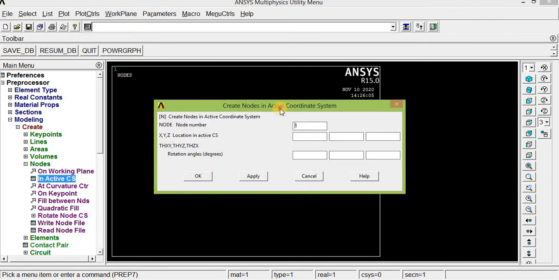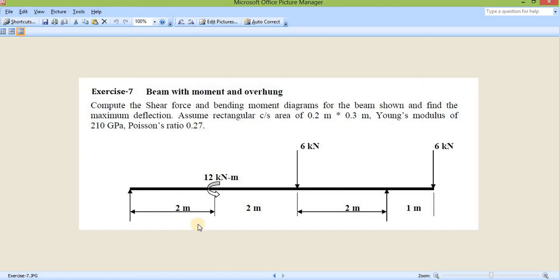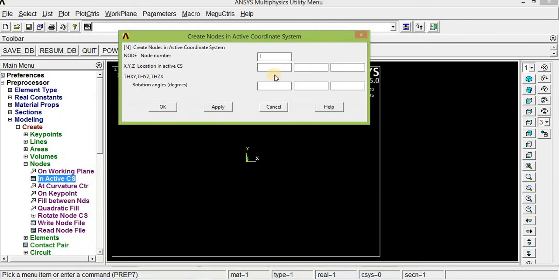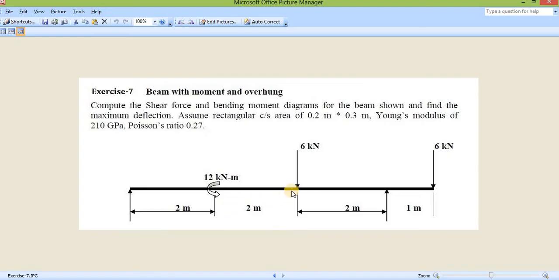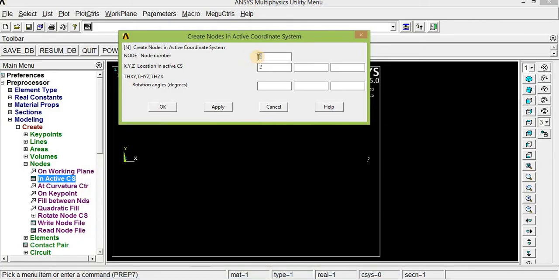Click apply. And node number 2 should be at 2 meter in x-axis. Click apply. And node number 3 should be at 4 meter in x-axis.